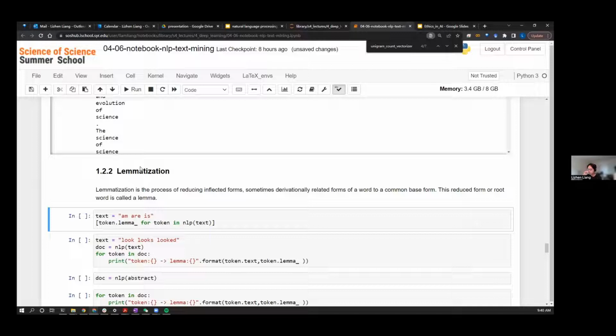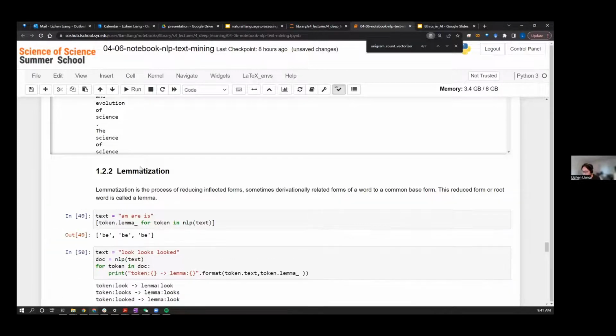In the different levels of natural language, there's morphology, which is related to the form of the word. Lemmatizing is the process of reducing the inflected forms. It gives us the most basic form of the word.